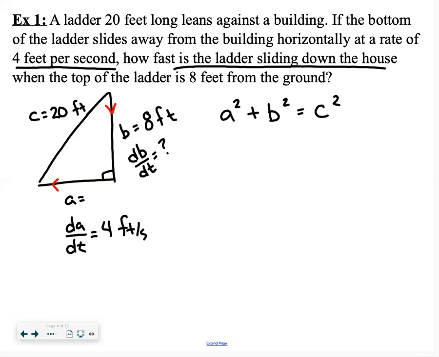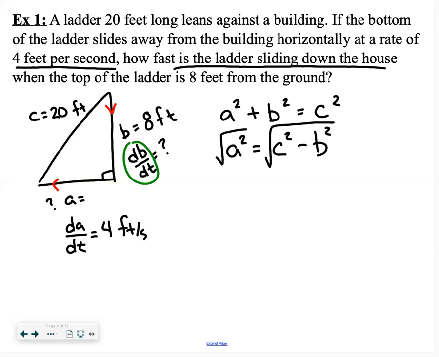If I look at this picture and I look at this equation, it looks like I'm missing a few things. I'm obviously missing dB dt. That's what I'm solving for, so I'm not going to have that. But if I'm solving for dB dt, that means I need everything else. So first we're missing this length. To get that length, we can go back to the Pythagorean equation and solve for it, because we have a C and we have a B. So to solve for A,